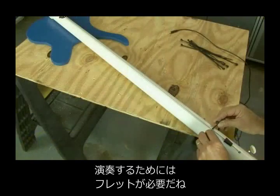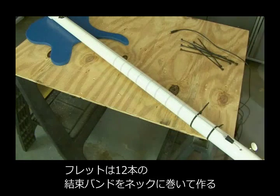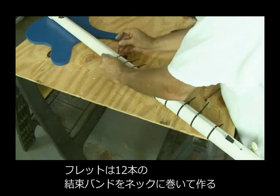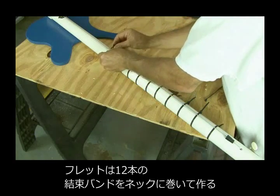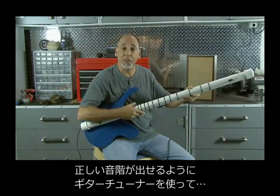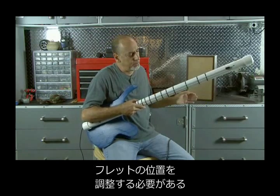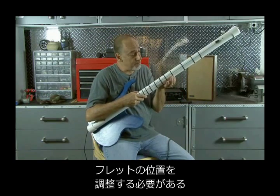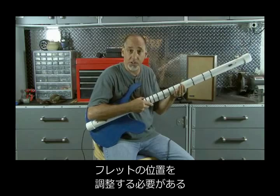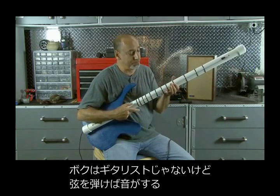We'll need some frets so you could actually play this guitar properly, and we're using some zip ties. So attach 12 zip ties to the neck of the guitar. The strung out electric guitar is finished. Now the last step would be to use a guitar tuner and move our adjustable zip tie frets to properly tune the guitar. Well, I am not a guitarist, but I can at least pluck at it